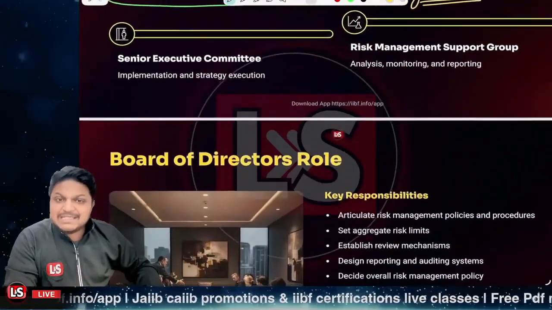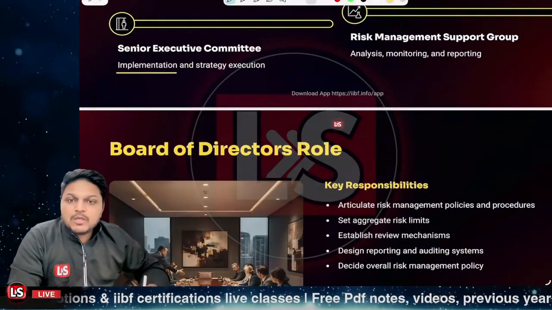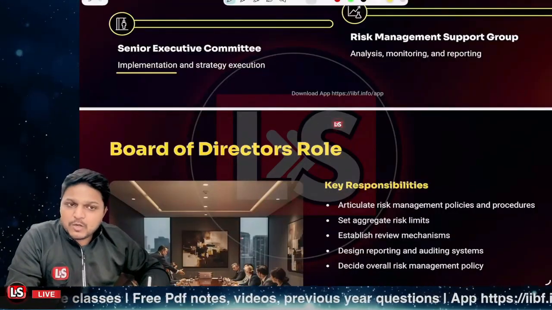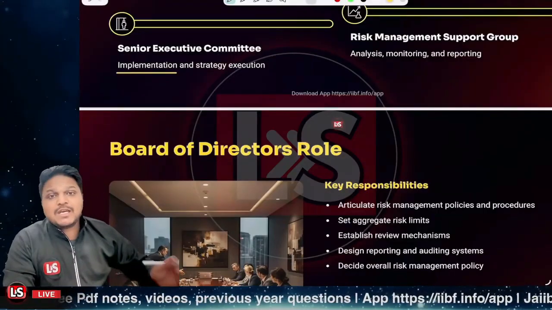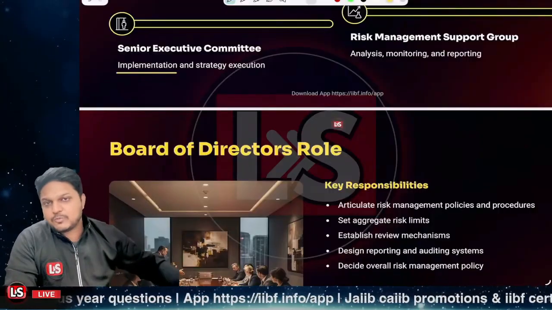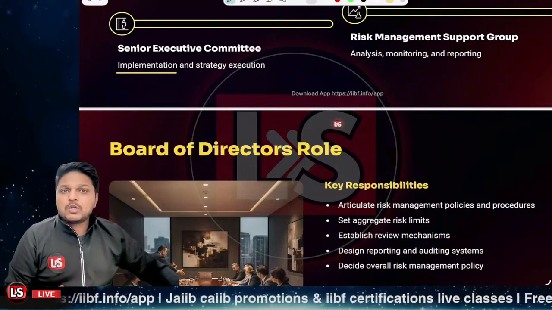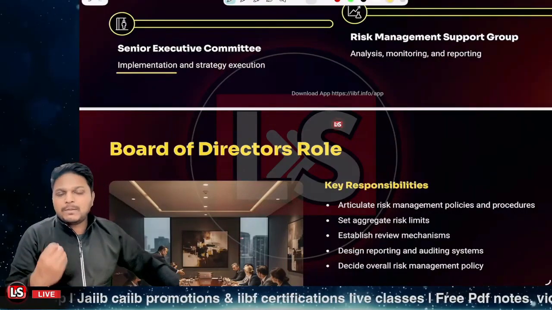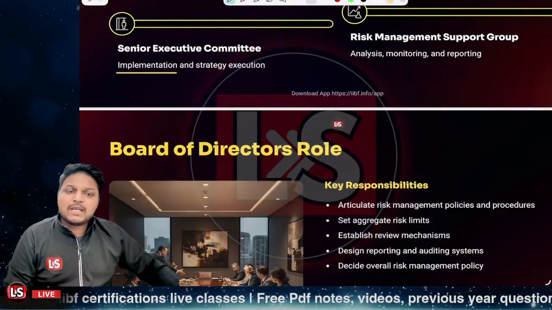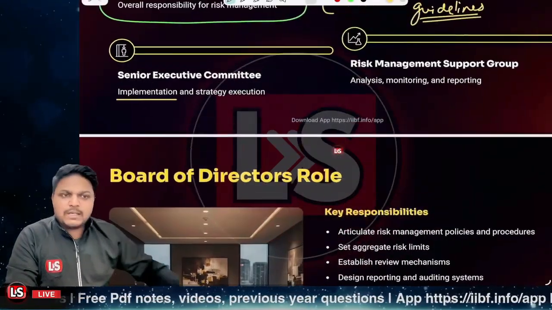After that, we have the senior executive committee. Now, the senior executive committee is responsible for implementation and execution. We are to manage the business policies and implement the risk policies simultaneously, in such a manner that we conform with the business strategies, keeping in mind that we also need to achieve the objectives. The senior level executives are there because we want to manage the risk, implement the policies, and on the same side reach the organization's objectives. Those also have to be taken care of, right?